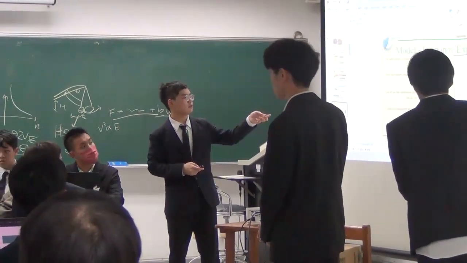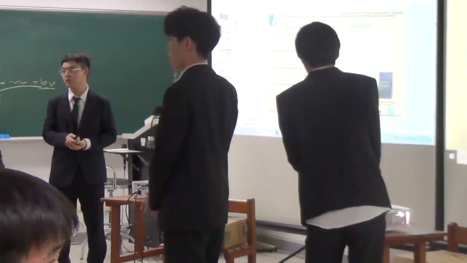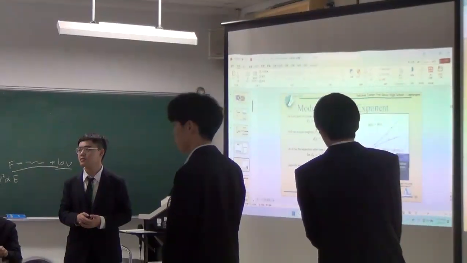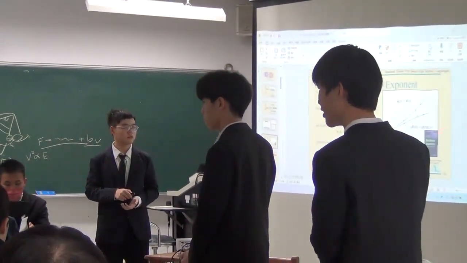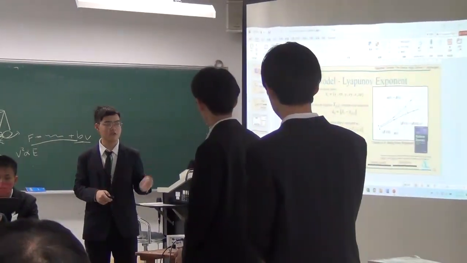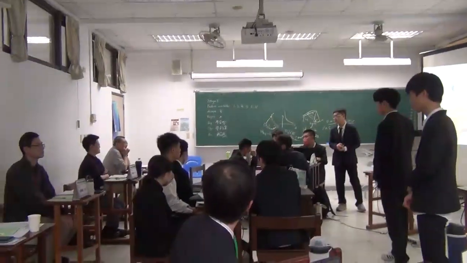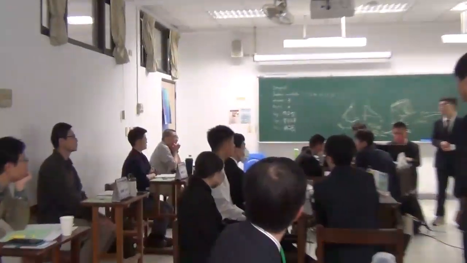The model. Yes, this model. Use this model to try to distinguish is that a chaotic system or not. Yes. So you cannot distinguish is that a stable or unstable system. Yes, I use the phase space. Okay, the second question will be, if it is a real chaotic system, then it's supposed to be very sensitive to the initial condition. Yes, so it's very sensitive to like the frequency.